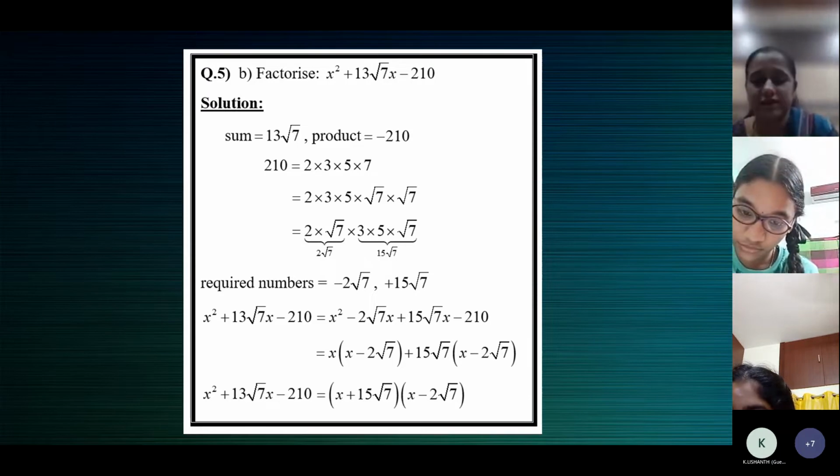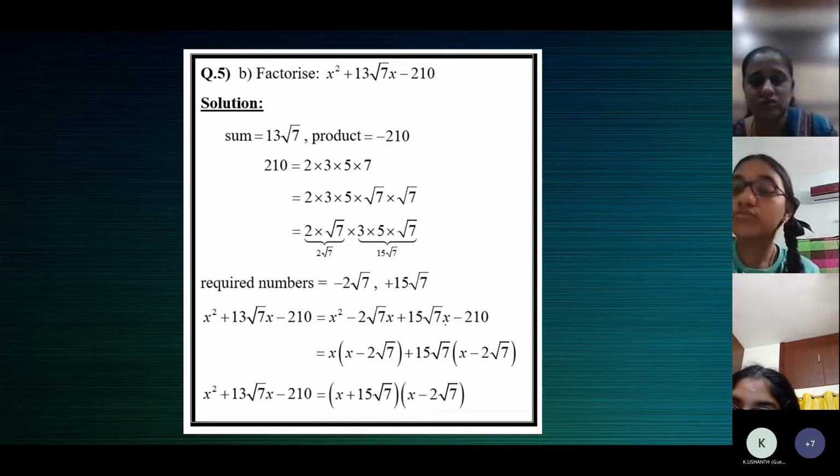Again, you should be careful here while taking out the common factor between these two, the